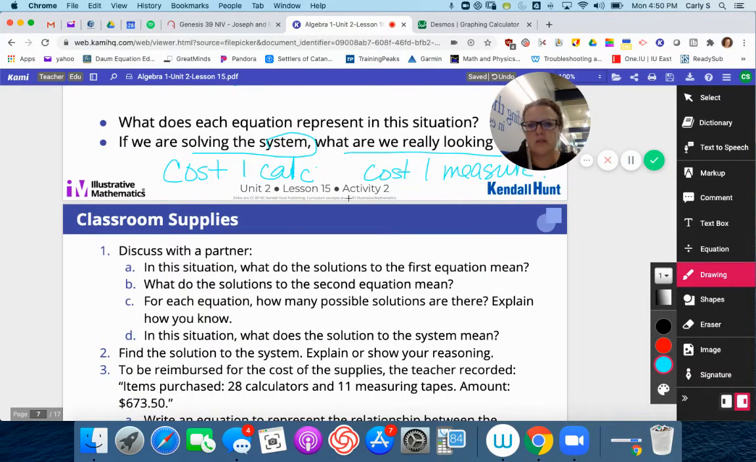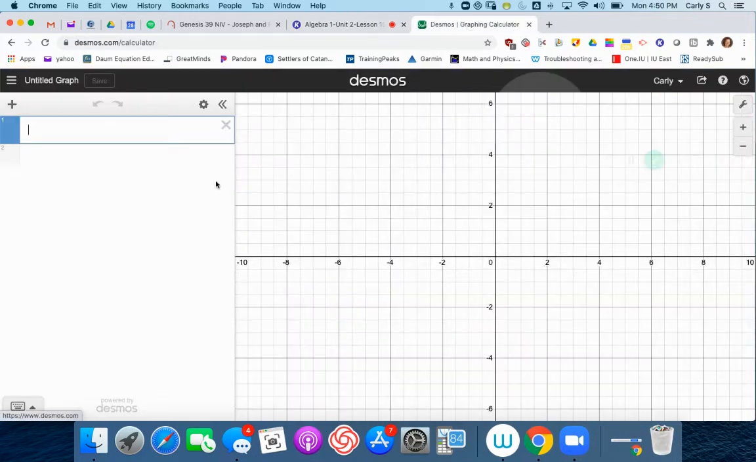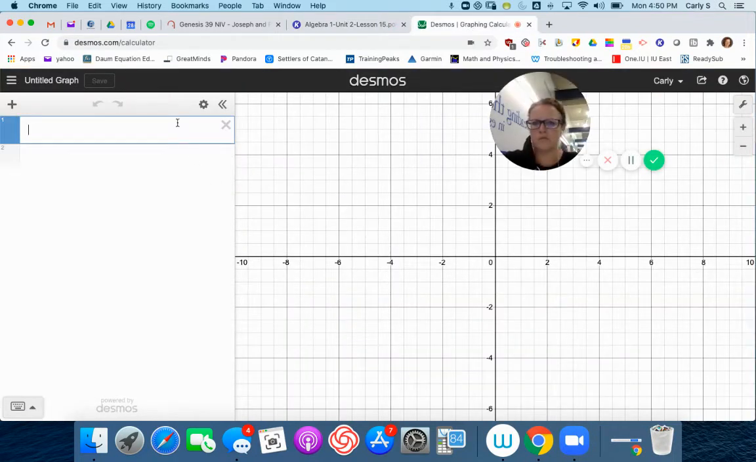All right? So solutions to the first equation mean anything that make just that one equation true. And let's go over here and look. If we did 20x plus 8y equals 495,